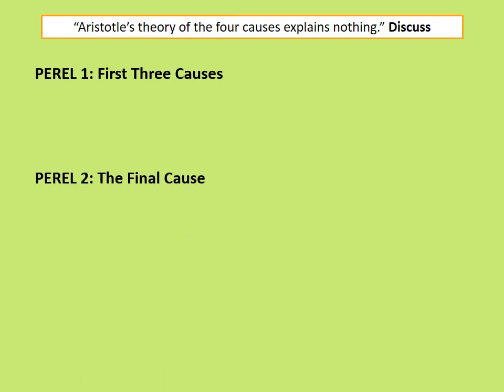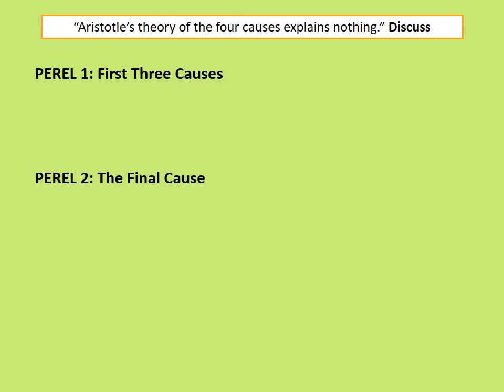Second peril. Now you might only do two perils in this. As you can see, the perils are quite involved, so you might only do two perils, or I am going to give you an optional peril at the end. Then you talk about the final cause, right? So you just go through the points and say, well,